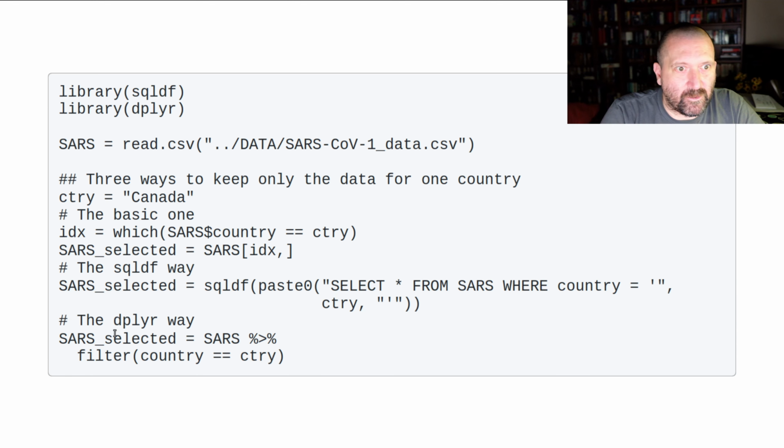And in dplyr, I would use the pipe and I would say, well, that selection that I want, I'm going to select in source those that filter, filter being keep those that satisfy a certain criterion. Here the criterion is that the column country in the table source has value CTRY, so Canada. The three ways give me the same thing, which is a table that has by date the number of